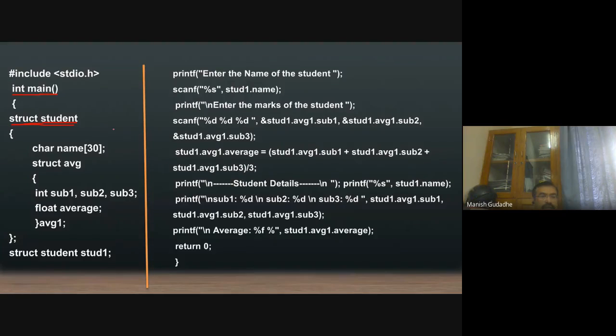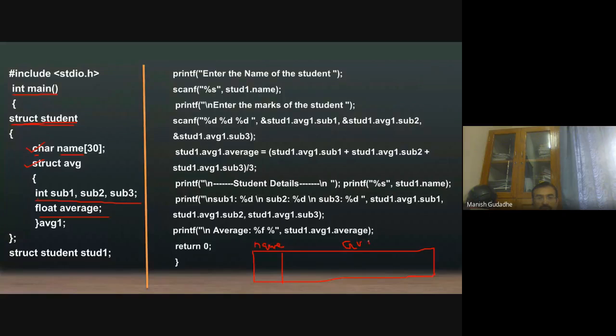What are the data members of that? The data members will be a character string of size 30, and another structure which is going to have three integers and a float value. What will be the construction of this? This will be the name, and this will be AVG.